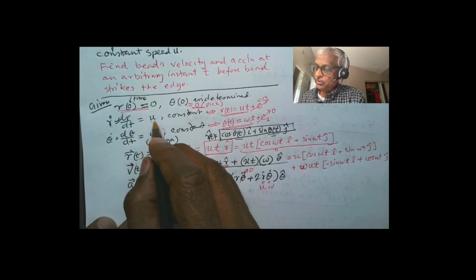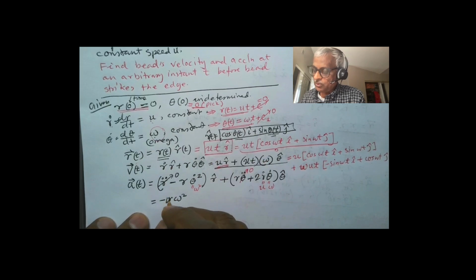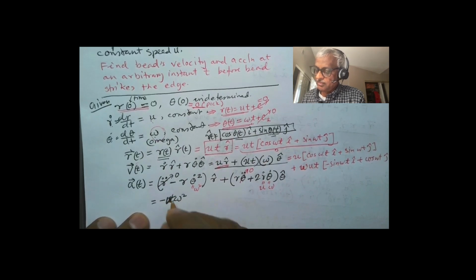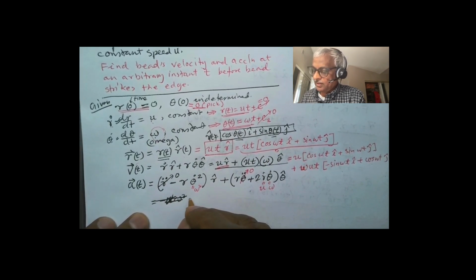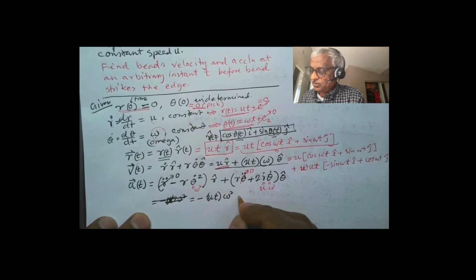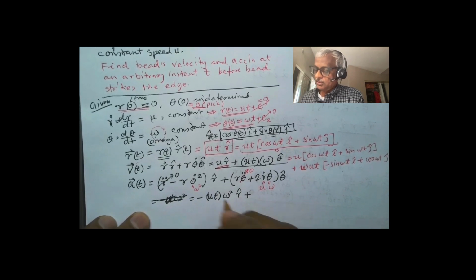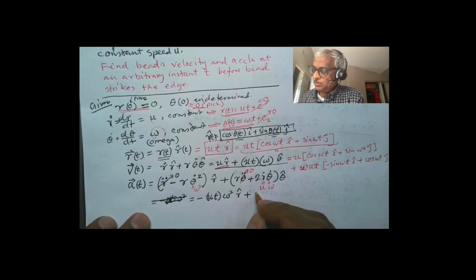R is u times t, so minus u times t omega square r hat. So r hat is just for the direction, right? And this will be 2 times u times omega